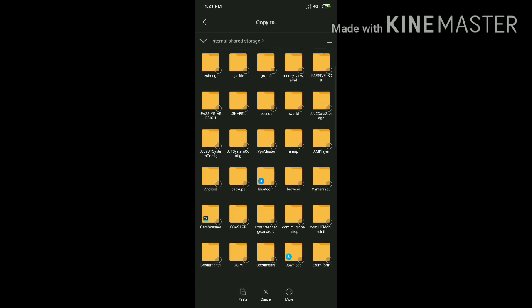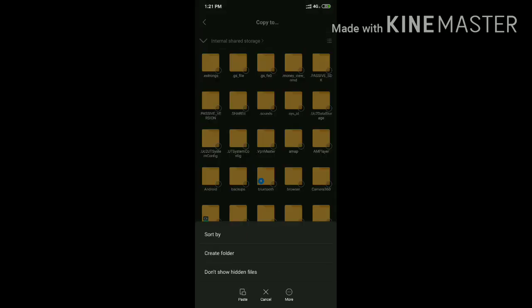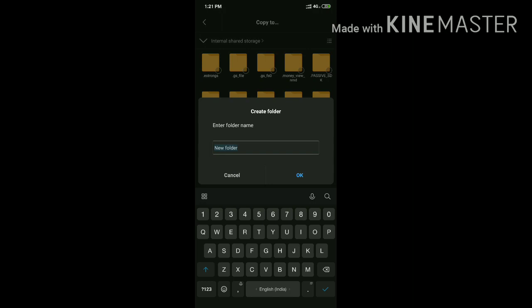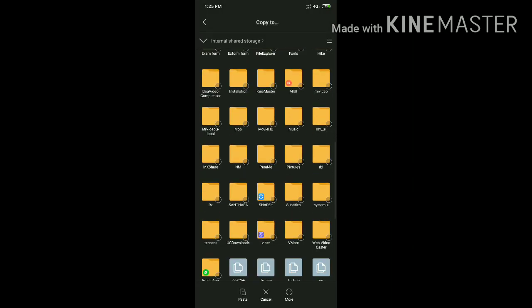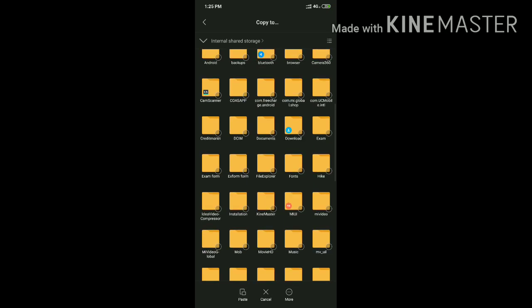Suppose I need to save in a separate folder: go to file manager, internal memory, and choose where you want to save it. For the sake of time, I will create one new folder called exam. Now the exam folder is created. I will open that and give paste.